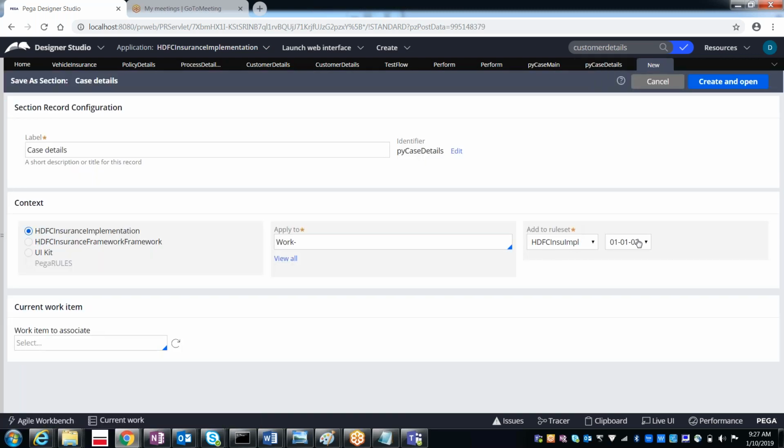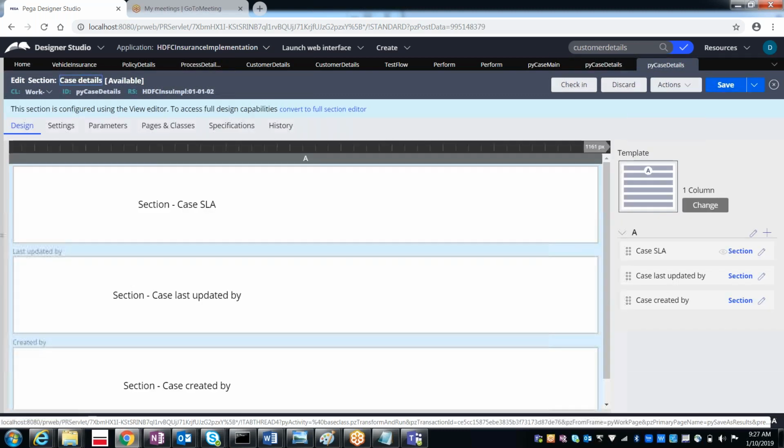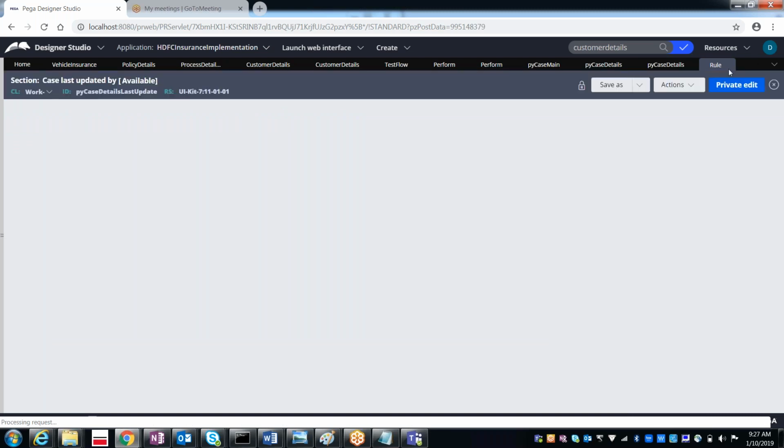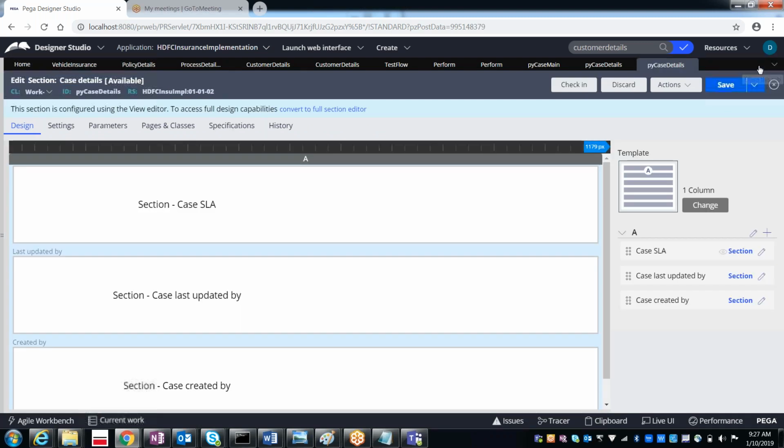Now I'm saving to our own rule set and version. This is the rule which contains it, but we just wanted to remove this.